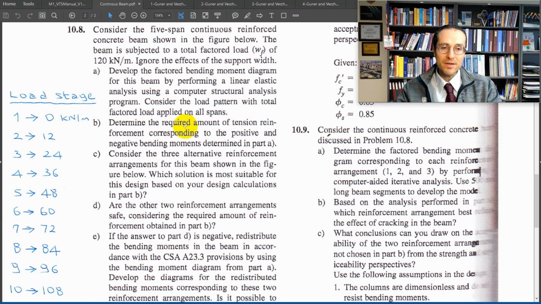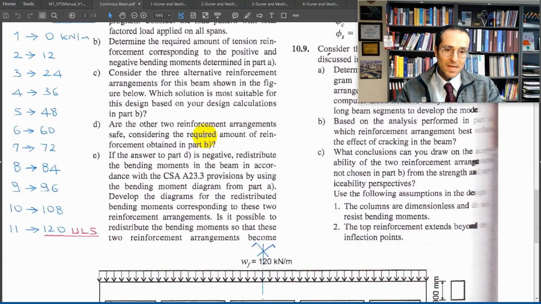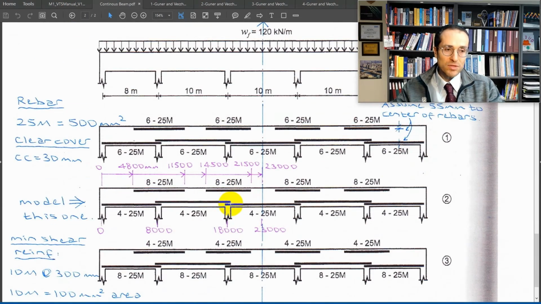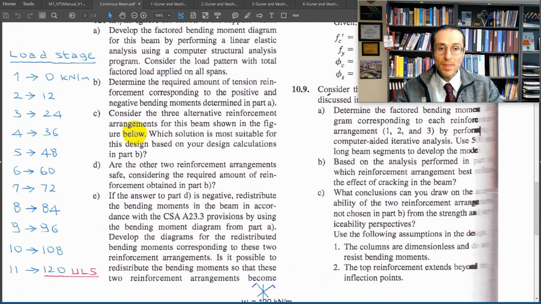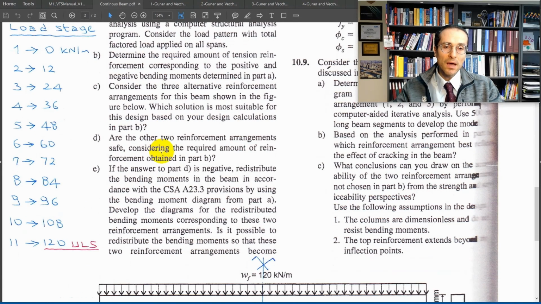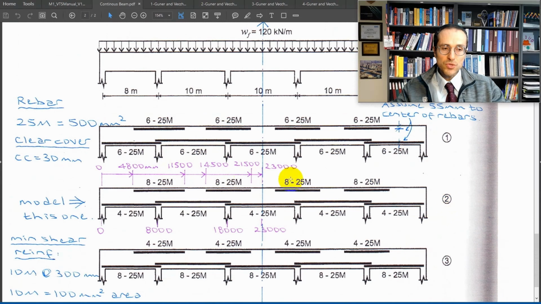Determine the required tension reinforcement. We cannot do this using nonlinear analysis. So you need to know the reinforcement and then model it. That's why I selected this problem, because it gives certain options for the reinforcement quantities. So part C, consider 3 alternatives. Which solution is most suitable for this design based on your design calculations? I picked option 2, so this is the one I'm going to be modeling using a nonlinear finite element analysis